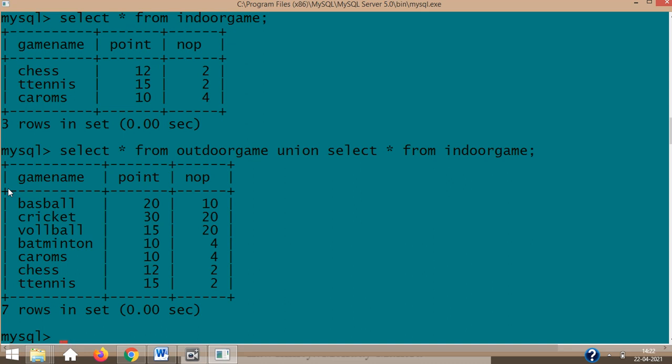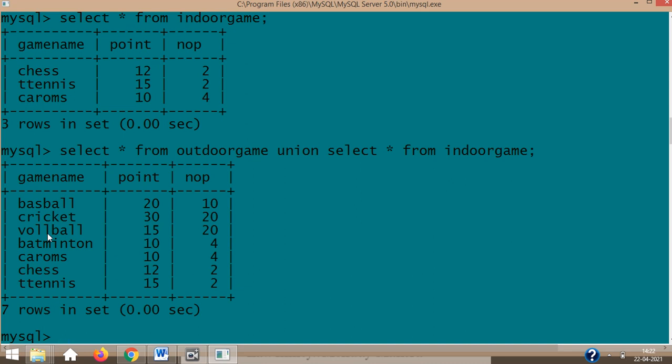You can see in volleyball you also have a point, and table tennis also has the same point. The number of participants are the same here, but the game name is different, so it is coming separately. So you might have already understood what union is doing. Union actually joins two tables which have the same number of fields and the same names in the field names, but values can be different, and the number of records can be different, no problem in that.